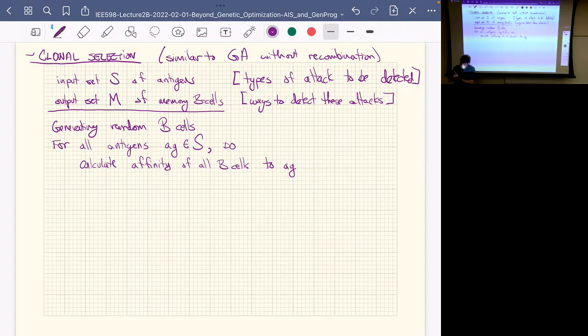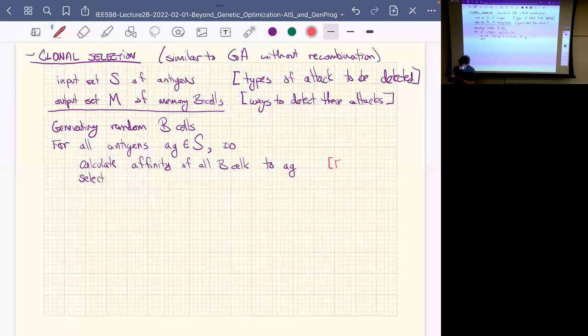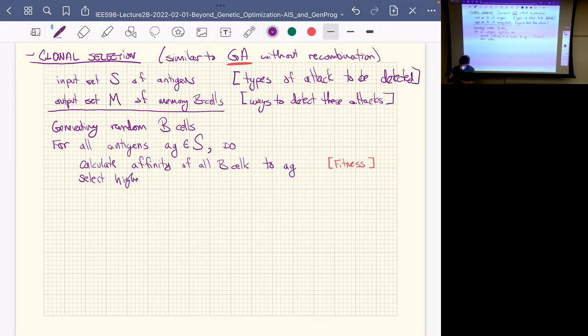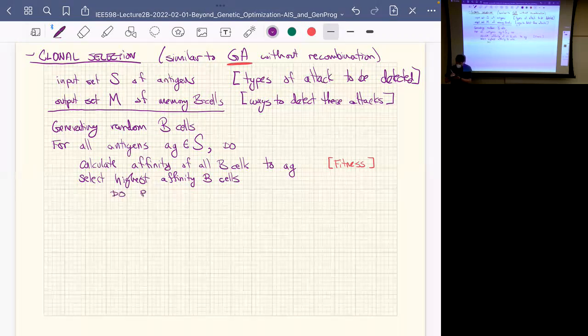So then we select, and you can think of this, if it helps, as kind of a fitness objective or calculation of fitness in the GA sense. So then we're going to select the highest affinity B cells. And once we've selected the highest affinity B cells, we will do proportional cloning,